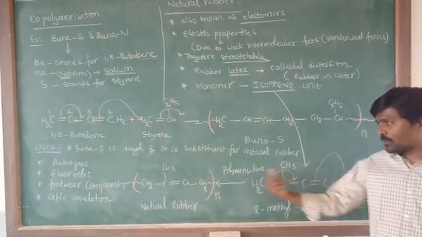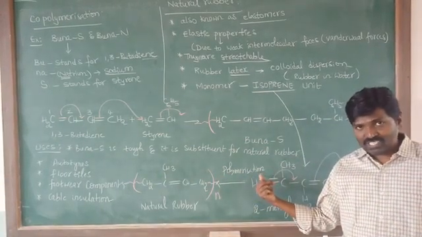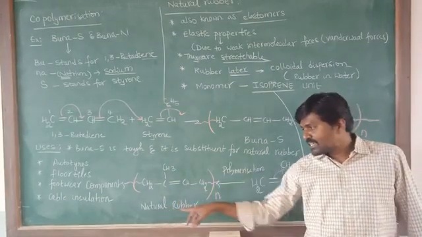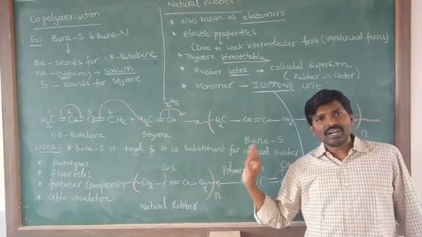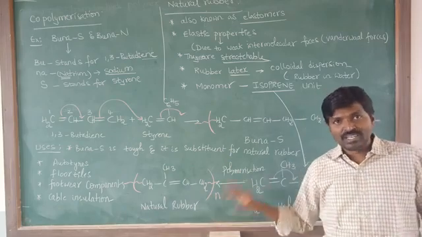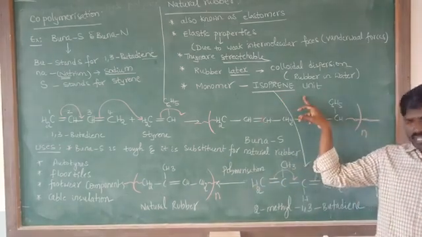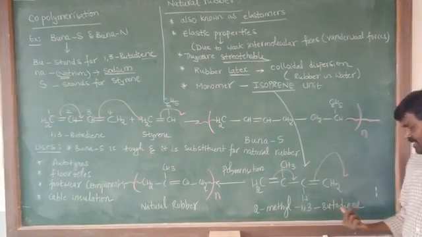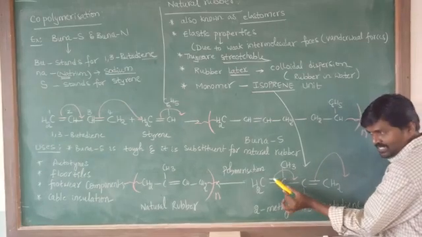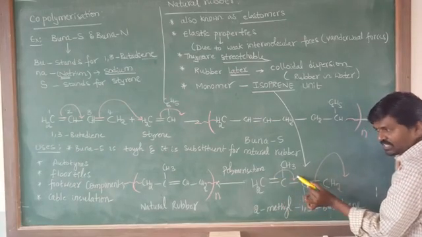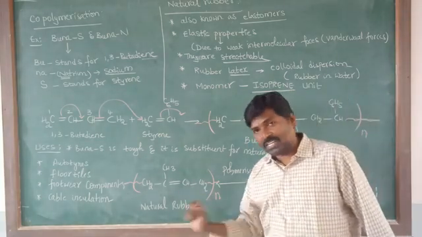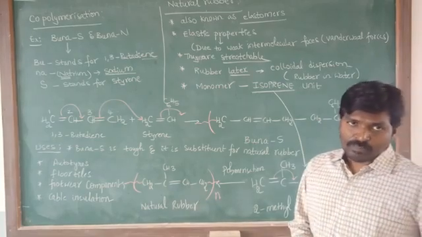Now this is our polymerization, okay? Now we observe the formation of the polymer here. That polymer is called natural rubber, okay? What is the monomeric unit that is used for the preparation of natural rubber? The answer is isoprene unit, or it is also known as 2-methyl 1,3 butadiene, okay? This is our polymerization. As for the mechanism, the double bonds are shifted here, okay? So by the shift of the double bonds only, we observe the formation of the polymer. That polymer is called natural rubber, okay?